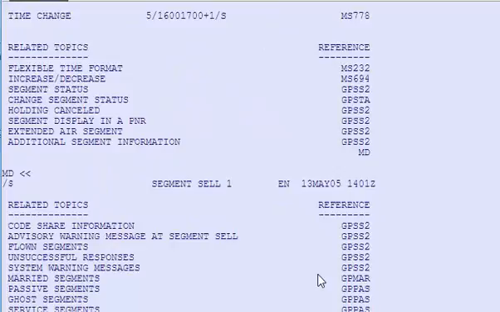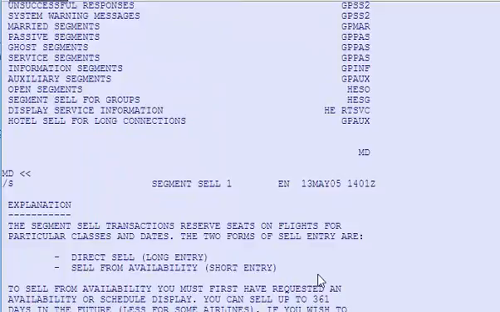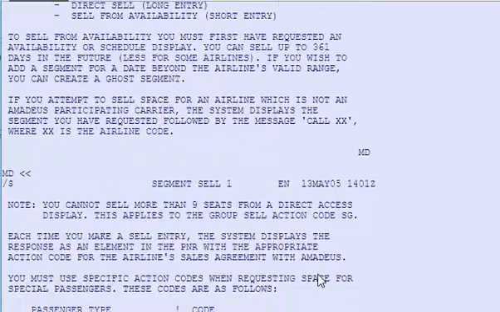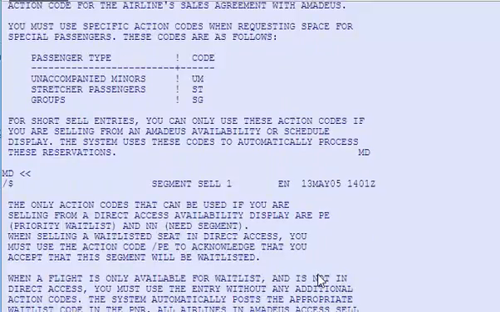So GDS, Amadeus, or any GDS, has no end. We can keep learning for the rest of our lives, but it will never end. If we want to learn more, we have to go into the help file, and that's the only way to learn more. Anyways, I hope that